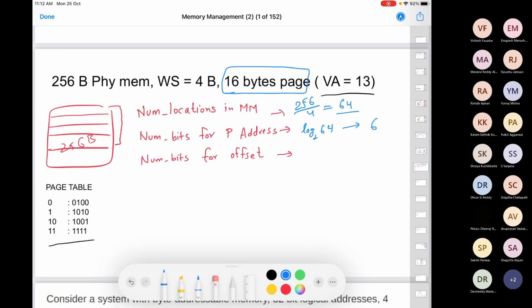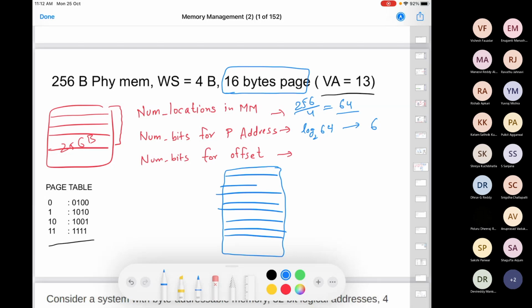Think carefully here now. Do you need 4 bits? Do you need more or less? So look at this one page. It has 16 bytes, right? That is the size of the page. But please note that one location is 4 bytes, right? So you have to see how many locations are there.